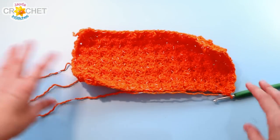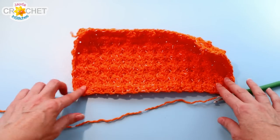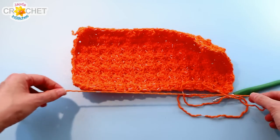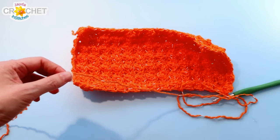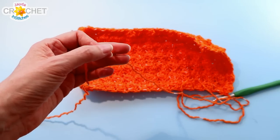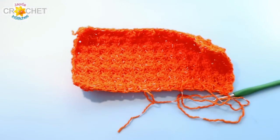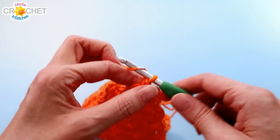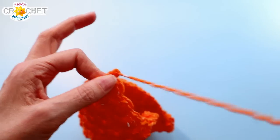So we're going to cut a long tail on our yarn. I'm going to make it at least twice, maybe even 3 times the length of the pattern. That makes sure that I have enough yarn for sewing and for cinching afterwards. We're going to fasten off,